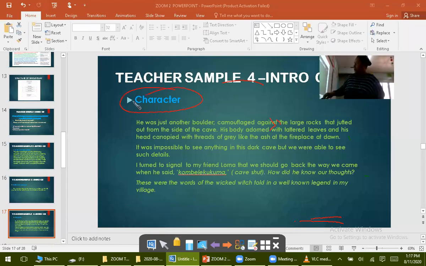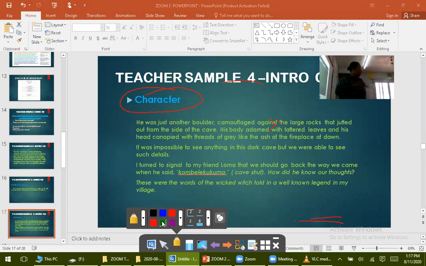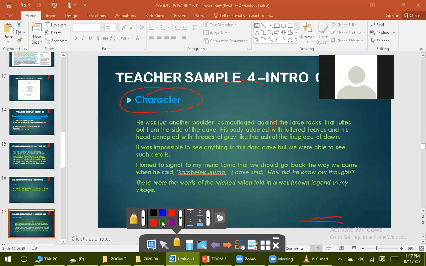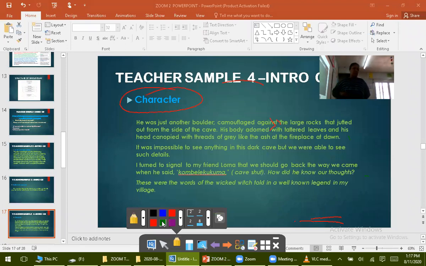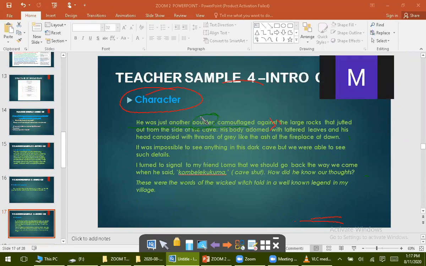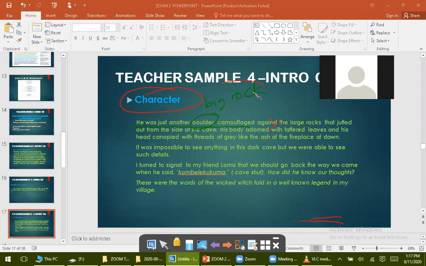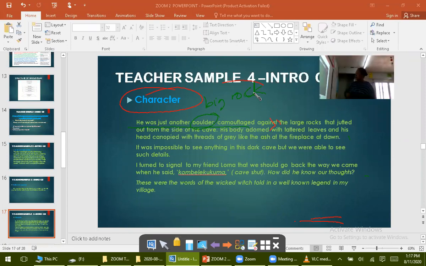And the next example, I have used character. Who is a character? Actor. The person taking part in the story. All right? And here I have written, he was just another boulder. What's a boulder? Stone. Rock. A big stone. We can say it's a very, very large rock. So he was just another boulder camouflaged against the large rocks that jutted up from the side